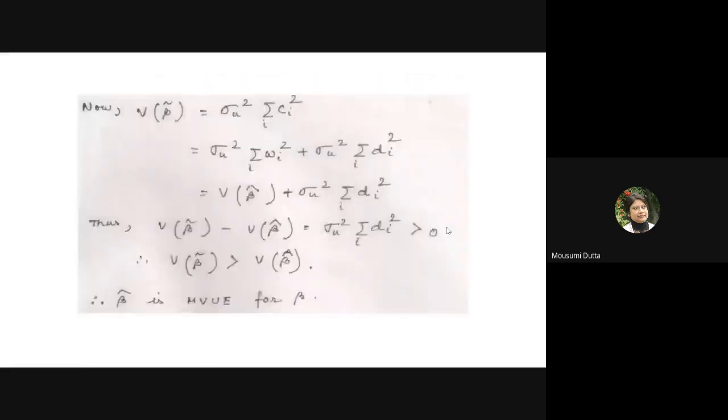Next, in case of variance of alpha hat, we need to replace this sigma u square by su square. So the formula becomes